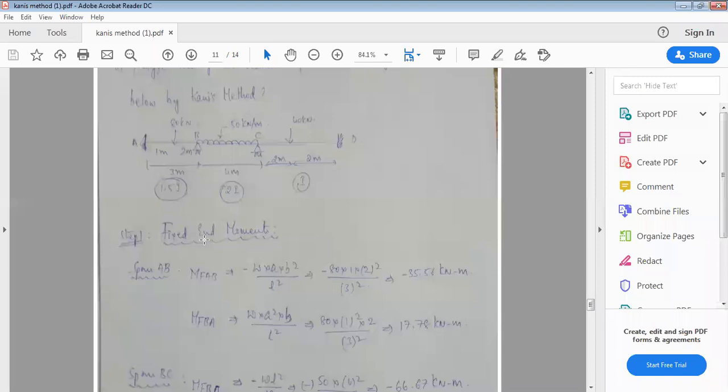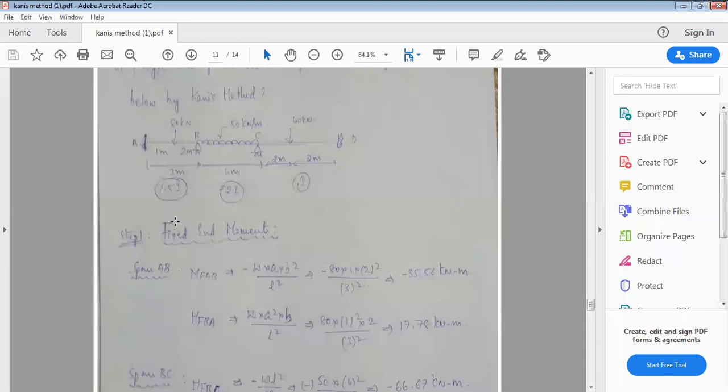The third step is we'll calculate the resultant moments at each joint, based on the Kani's iteration cycle, which is based on Gauss-Seidel's method. After that, we'll calculate the final end moments. How will we calculate the final end moments? We'll use the formula: fixed end moments plus summation of near end moments and far end contributions. These are the 5 steps we need to remember every time we are solving a Kani problem.